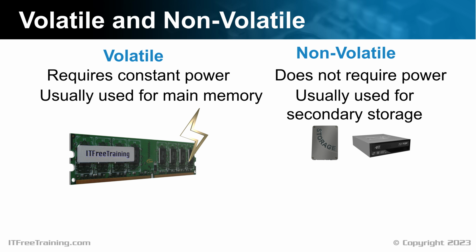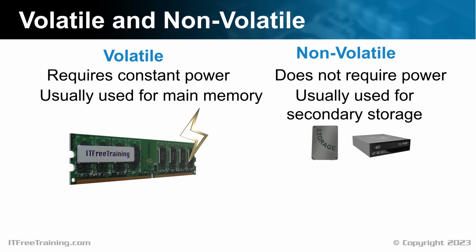Generally, you will see particular devices used for main or secondary storage. For example, you won't see an optical drive used for main memory. However, you may sometimes see technology that is a mixture of different technologies. For example, a hardware RAM disk will appear in the operating system as a storage device. However, the stored data will be stored in memory modules. This makes it very fast, but if power is lost, the data on the RAM disk will also be lost.